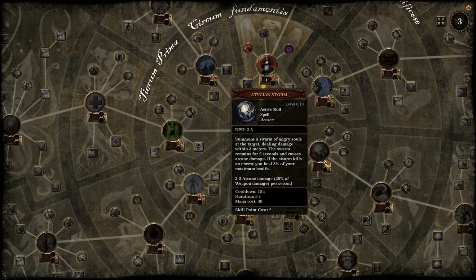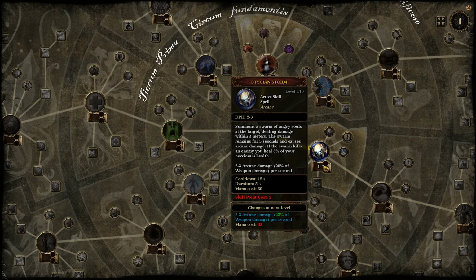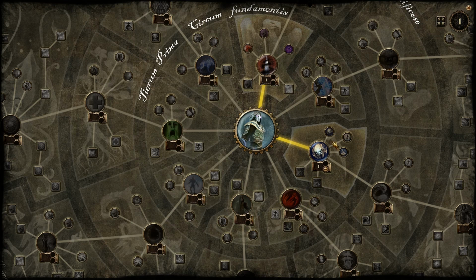It heals me and it summons pets. And I love pets. They're my favorite. So I get 1 point there, and I can't afford to put another point into that, so grab something else. I grab one of these,